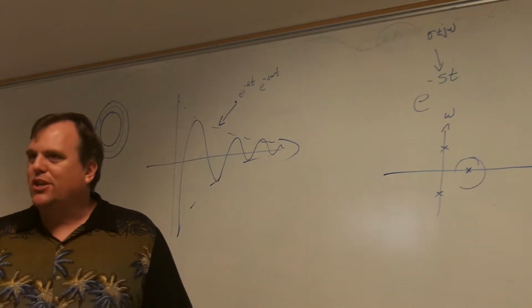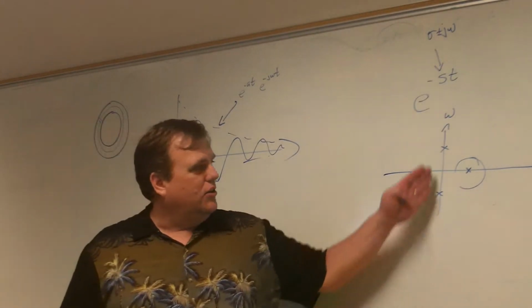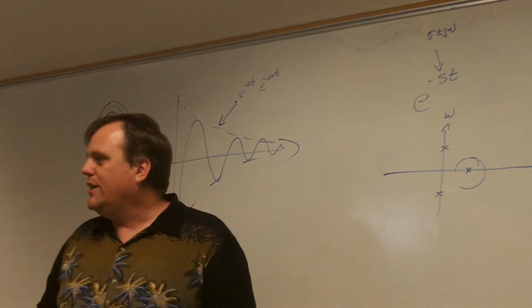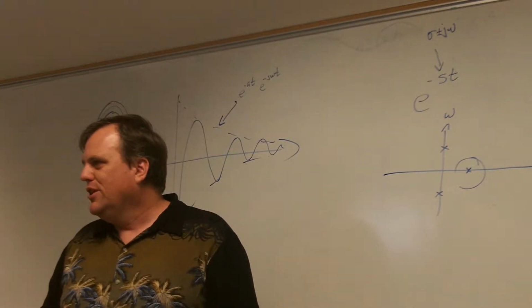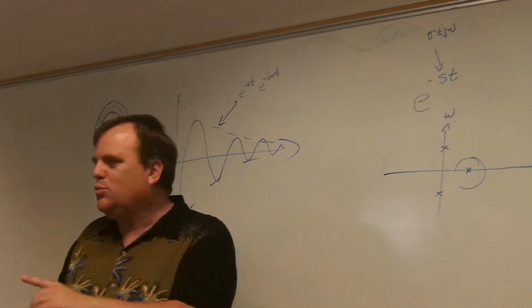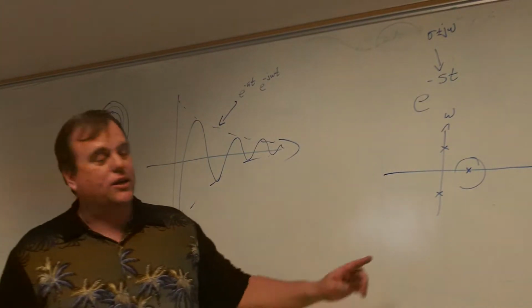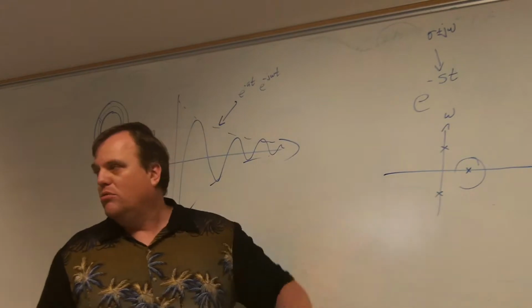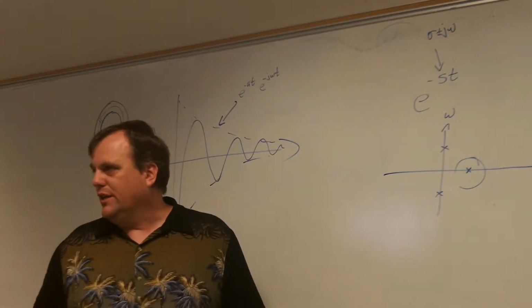Well, you have the ability to oscillate continually, but think about this. How exactly do I get the Fourier integral to converge when I have poles on that axis? Well, it turns out there's just one. There's some fancy tricks I can do to make it converge. But if you've got a double pole, you're dead. And Fourier can never converge in that